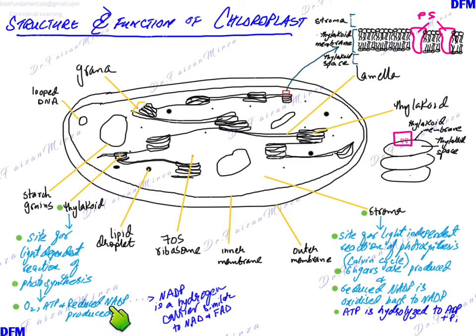Reduced NADP is similar to NAD. It's also a hydrogen carrier, as we have discussed in mitochondria, that there are hydrogen carriers. So NADP is also a hydrogen carrier. Now, there are ribosomes in chloroplast, and these ribosomes are 70S ribosomes, and these 70S ribosomes can carry out translation